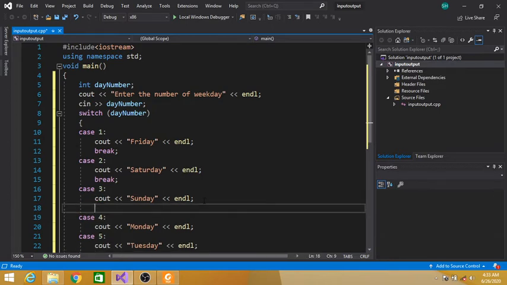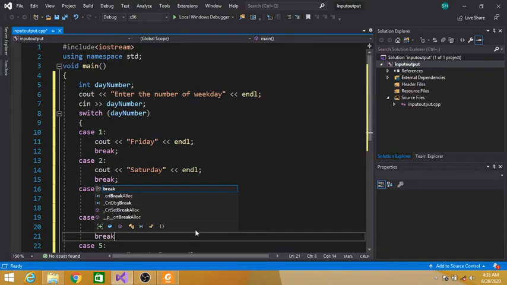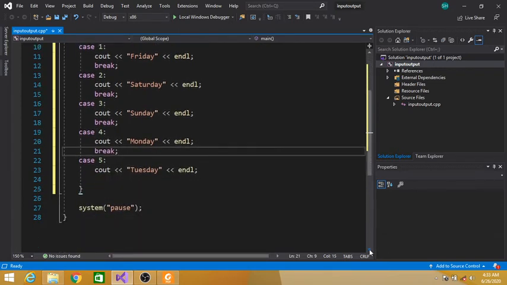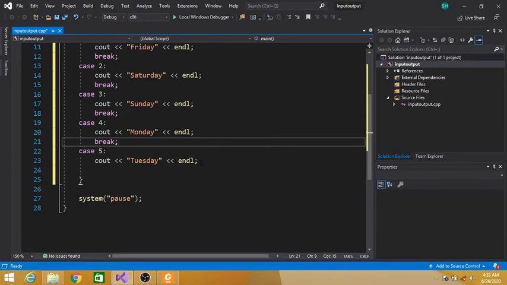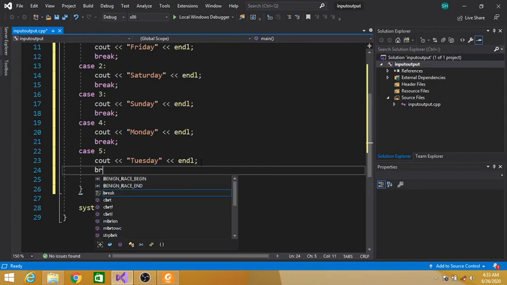We have to place break after every case. Break.